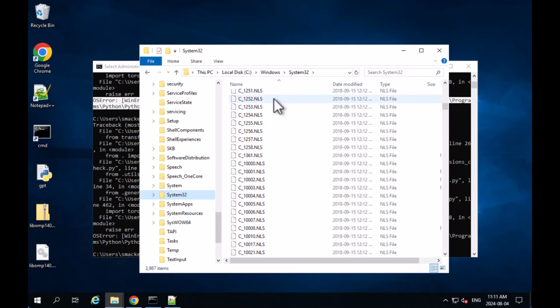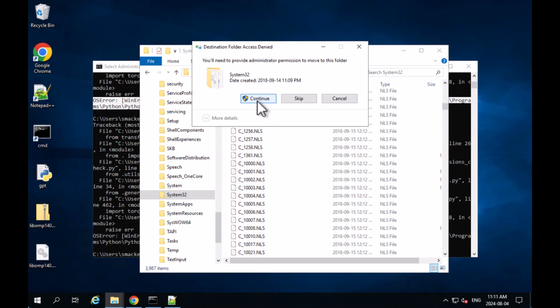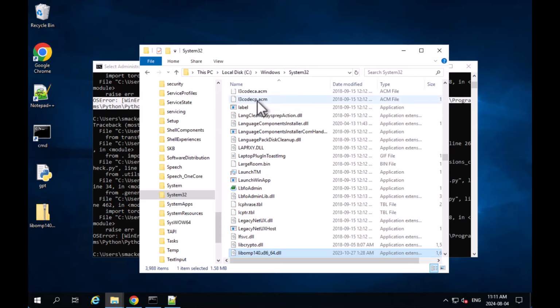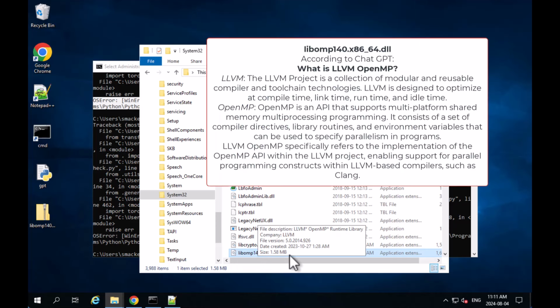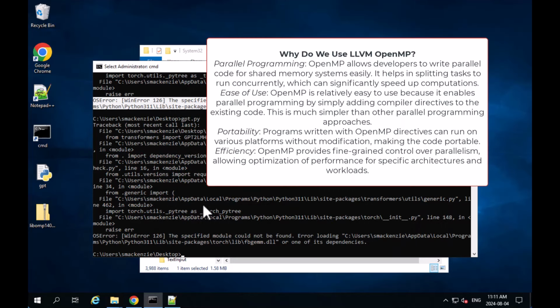So get a copy of this. All you need to do is paste it into your System32 folder, and it should take care of everything for you. I think it's some kind of supporting file. I don't actually know exactly what it does. It says it's the OpenMP runtime library, and apparently we need it for our Torch installation, so we pasted that in,